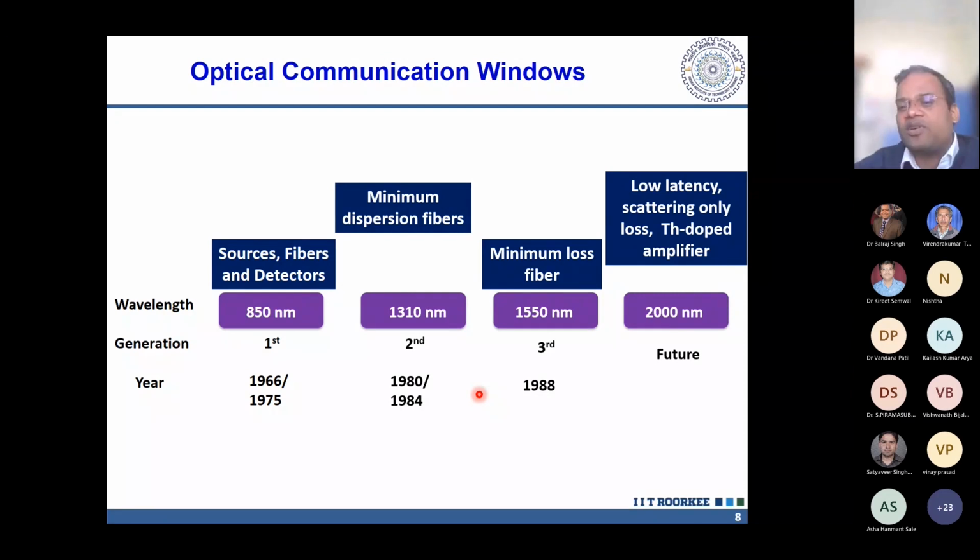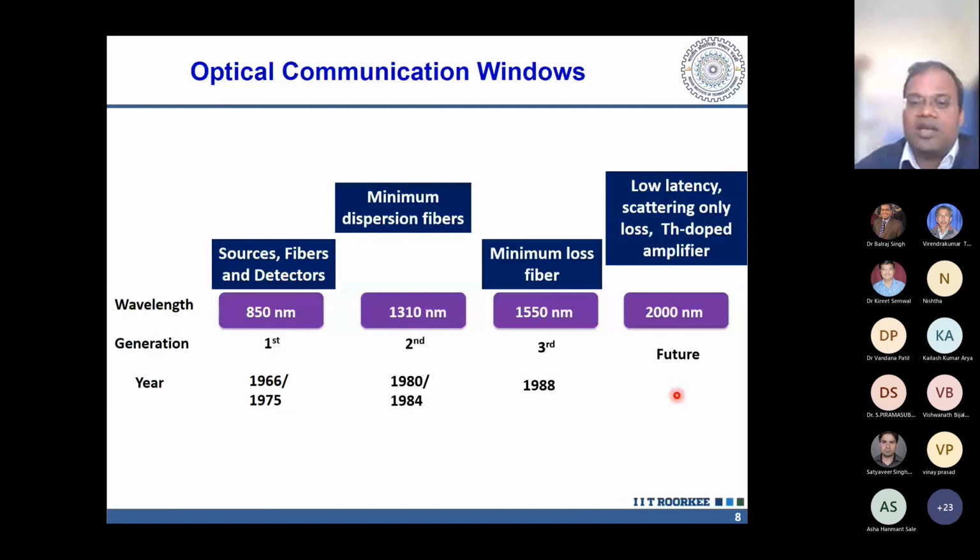If we can go to a higher wavelength, we can have high speed as well as low loss. If we increase the wavelength, let's say going from 1550 to 2000 nanometer, the loss will be low. Not only the fiber, we also need the amplifier. Luckily at this wavelength we also have amplifiers available. Therefore, there is a perfect case for going to the 2 micron communication window in the future.